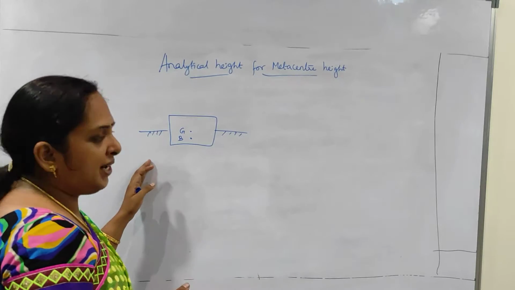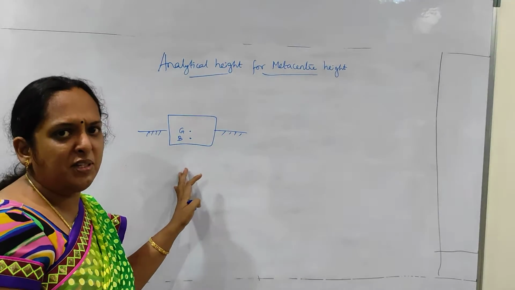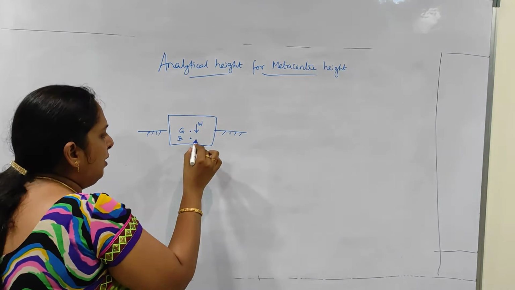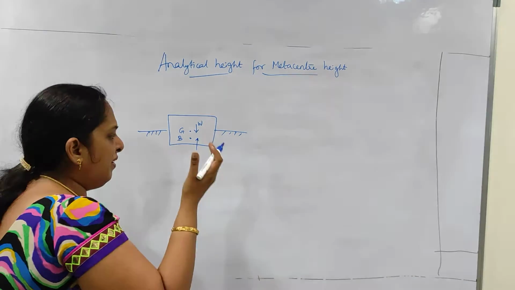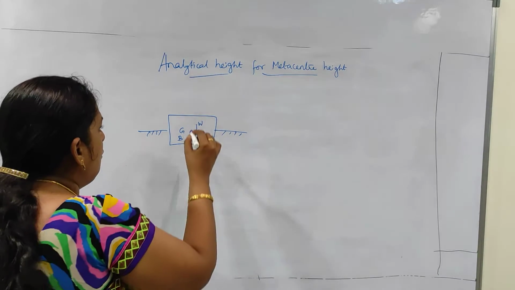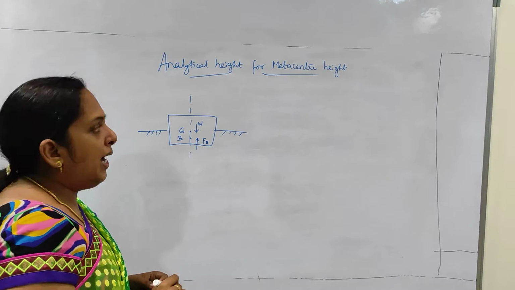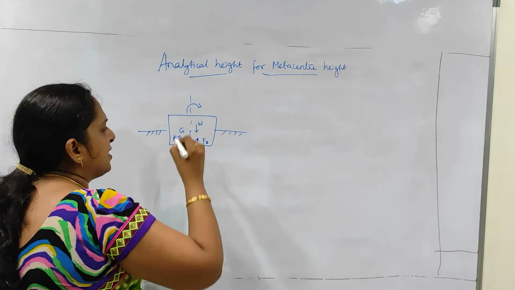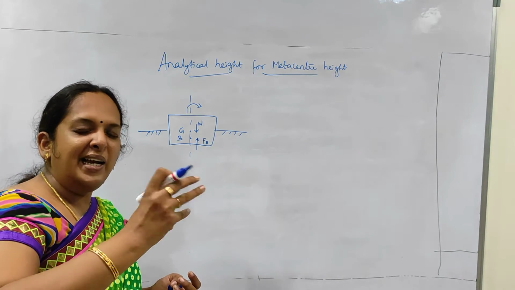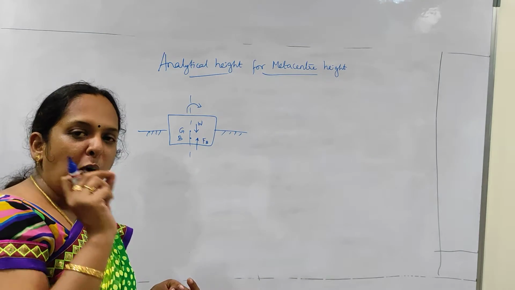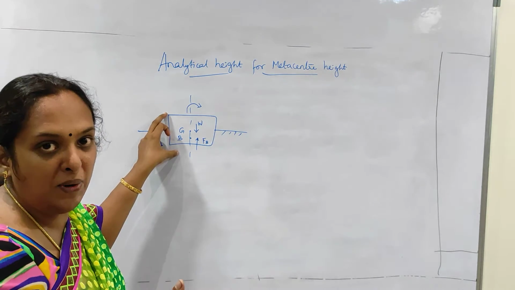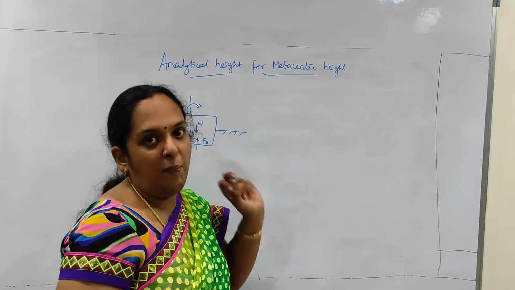So what is metacenter? If you want to know, this is a normal body which is going to float in the water. Here the self weight of the body will be W, and because of the buoyancy, that is the uplift force, we have FB, the force of buoyancy. Now this is the axis of my body. I am going to give a small angular displacement to the body. What happens to my body when you move it in the water? It will start oscillating. The point about which the body starts oscillating when it is given an angular displacement is said to be the metacenter.